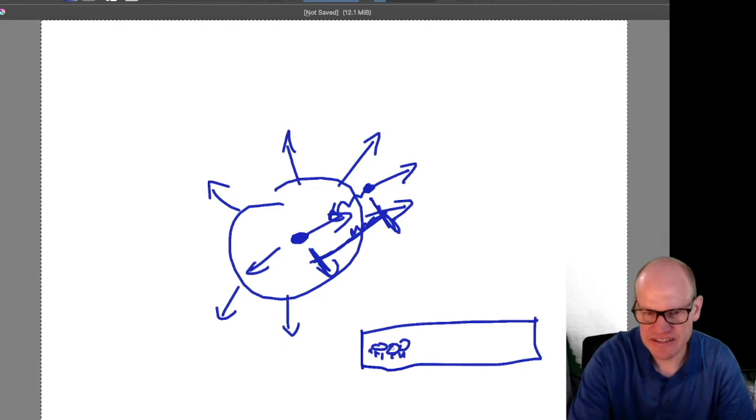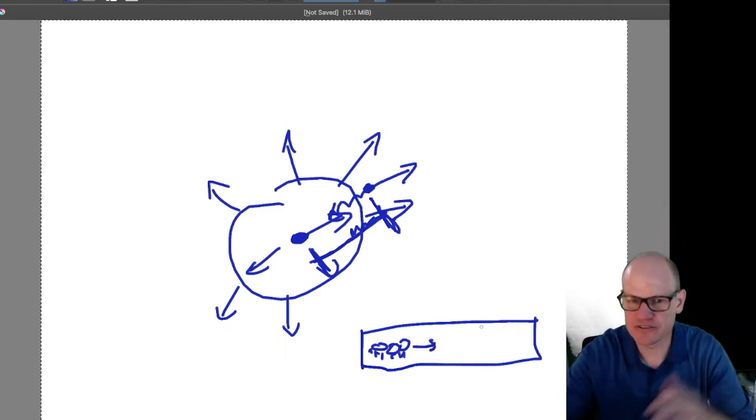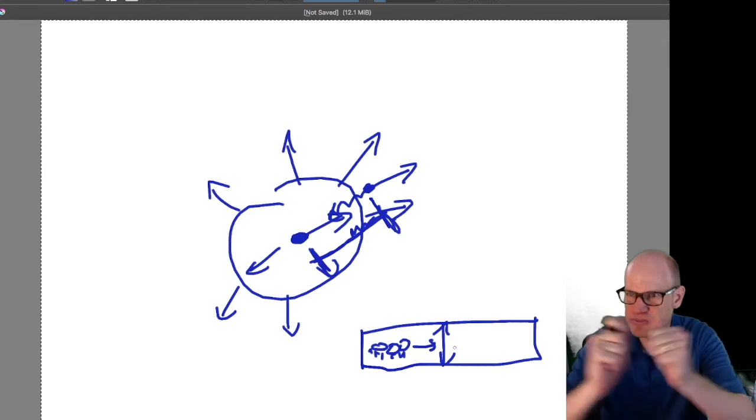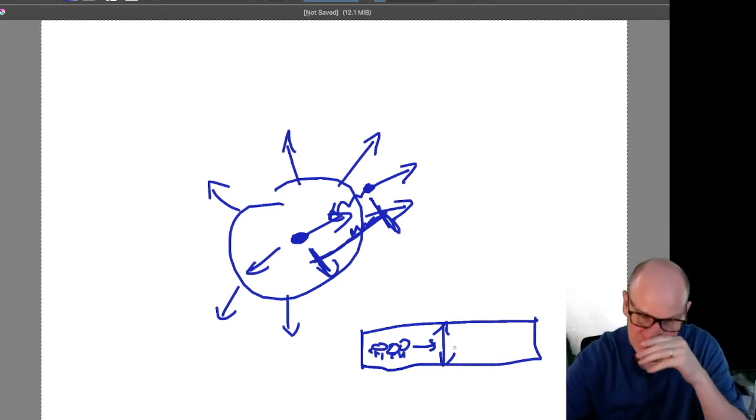Anyway, so here's an ant. The ant can crawl at a given speed, and you can stretch the rubber band faster than the ant can crawl, which means that you can actually prevent the ant from getting to any location as long as you're expanding the rubber band faster than the ant can travel along it.